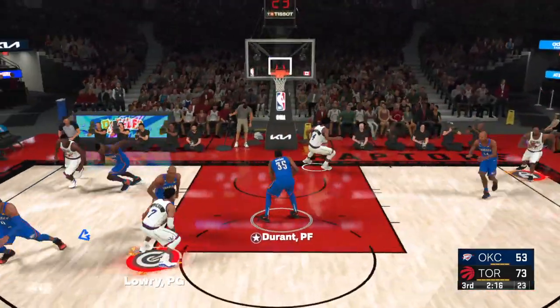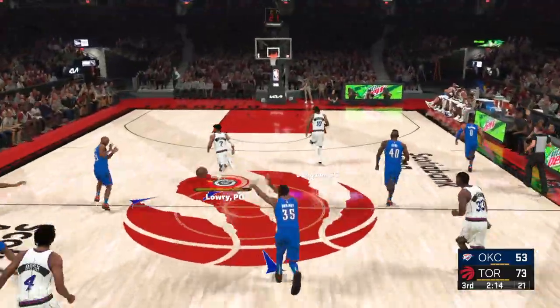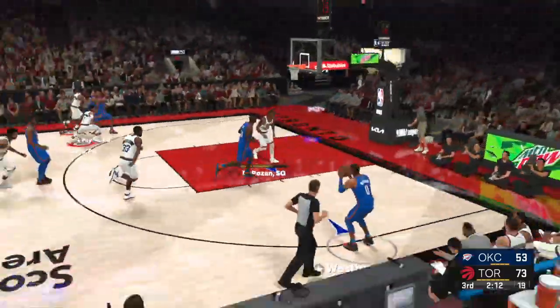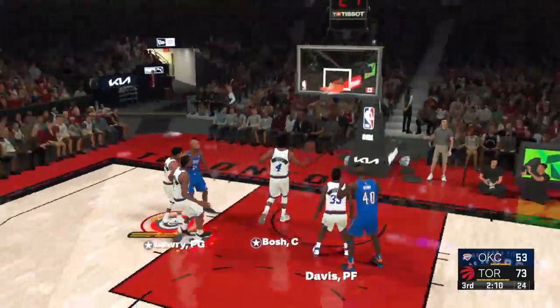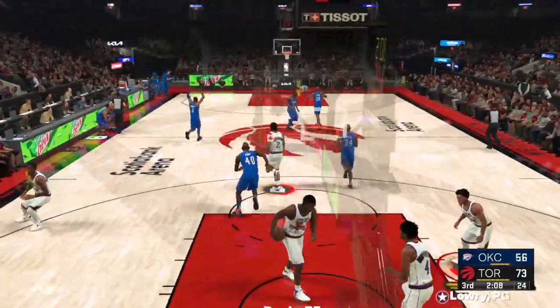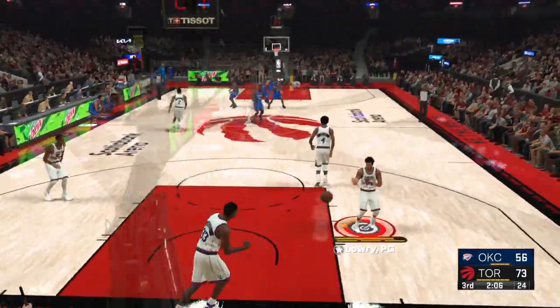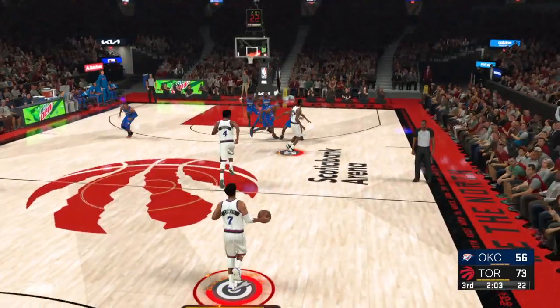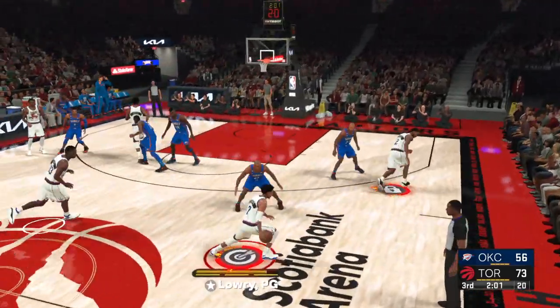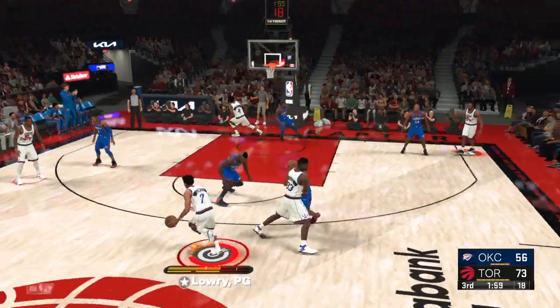To the paint, Durant with the steal. Oh, and a fast break for Oklahoma City. Payton with the ball. He had a nice open look right there. Westbrook's got 15 points. There was a time you could get yelled at for taking a 3 like that, but now it's a great decision, and it paid off.